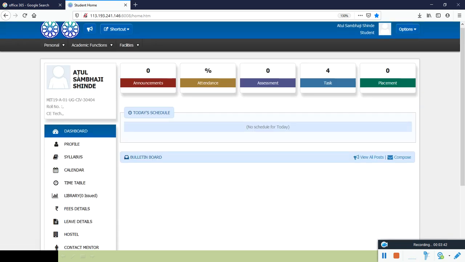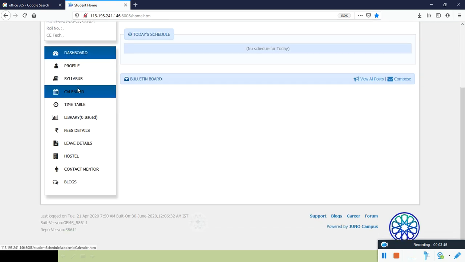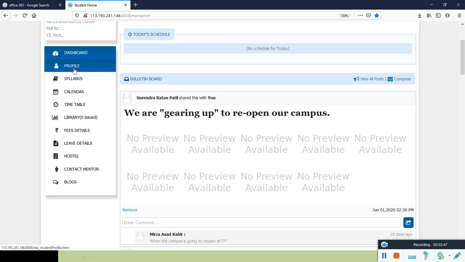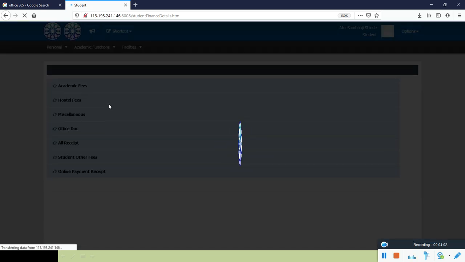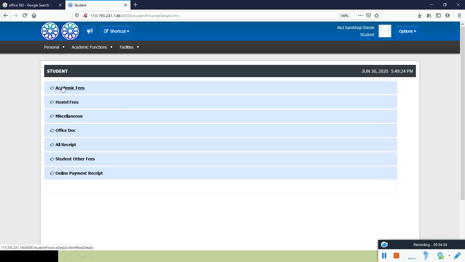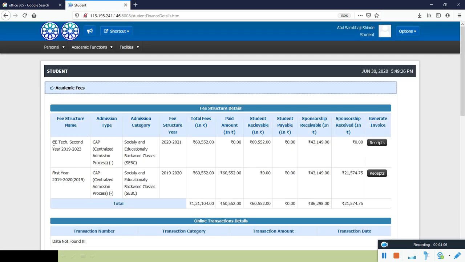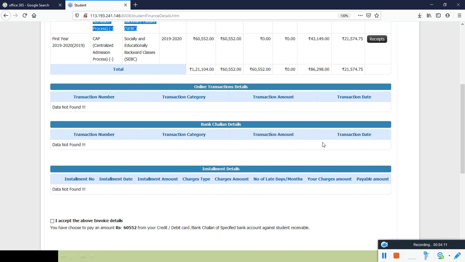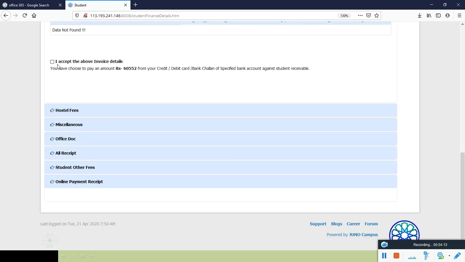In the same left side panel, just below Profile, you will get Fees Details, a tab which you have used many times. Select Fees Details, and select the appropriate category of fees, so select Academic Fees. Here the fee structure applicable to you will appear, and you need to come below.